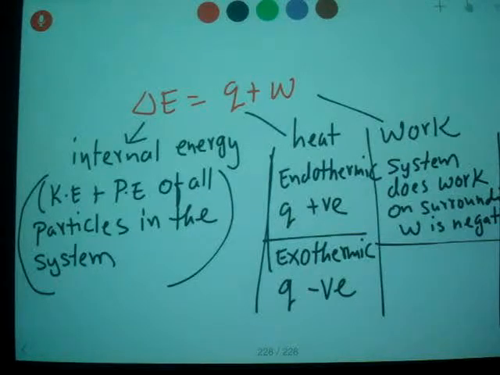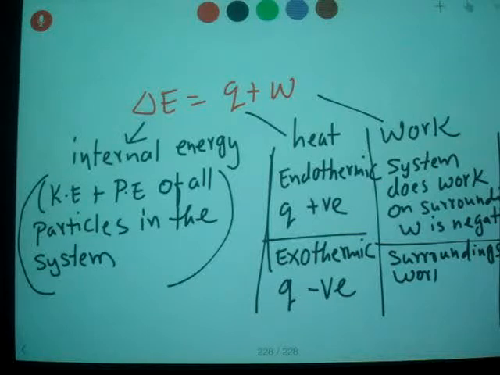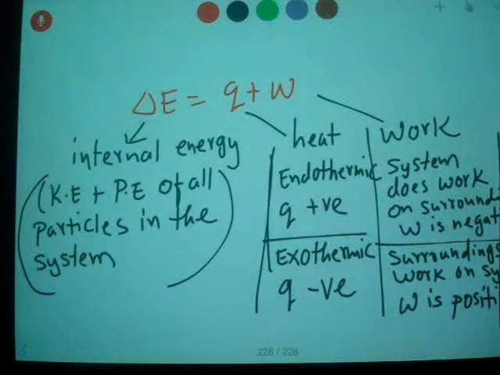On the other side, when the surroundings do work on the system, in that case W is positive. So in thermodynamics, signs are very important. Okay. Now let's work on